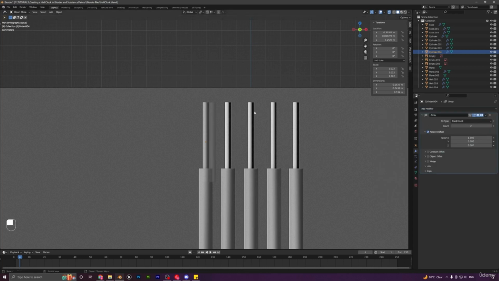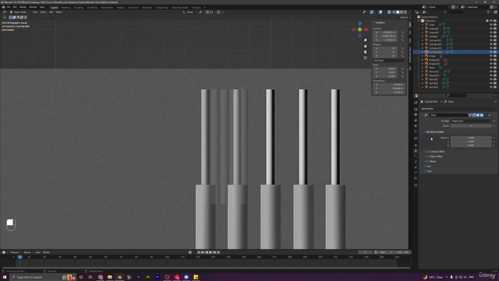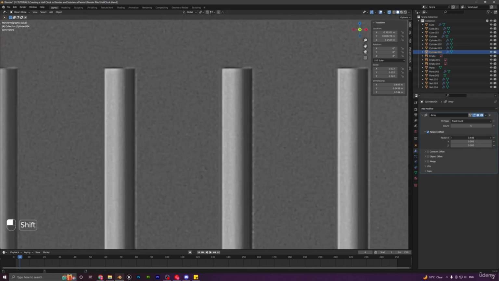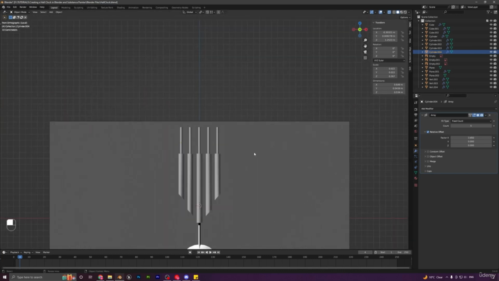And we have 1, 2, 3, 4, 5. Set the count to 5 and now just increase the offset according to the reference image. Really simple. Something like 3.5, let's say. I think 3.45 fits the best. And yeah,